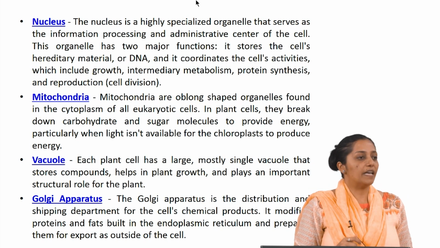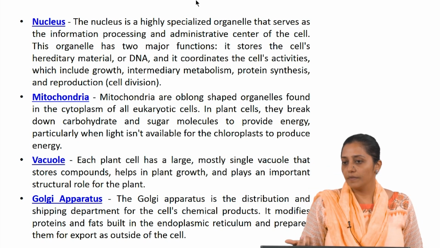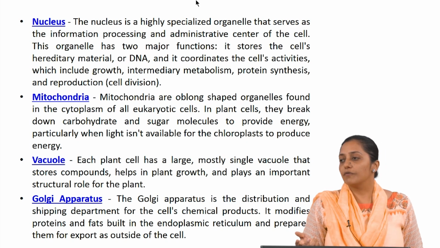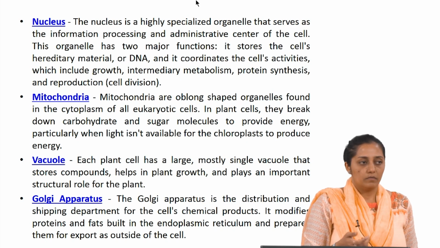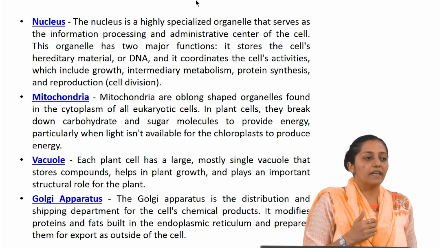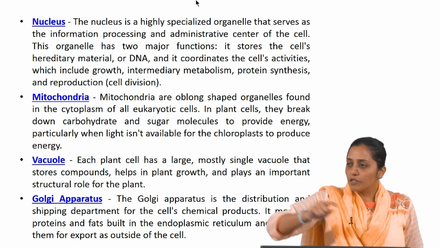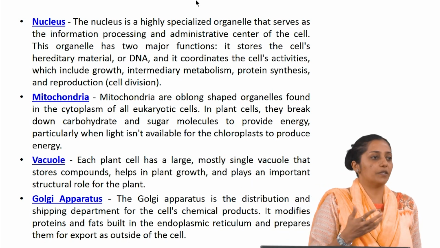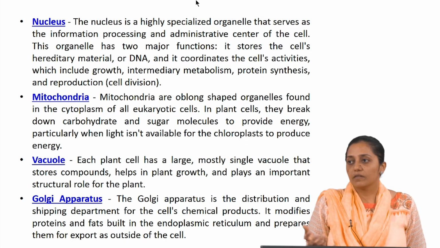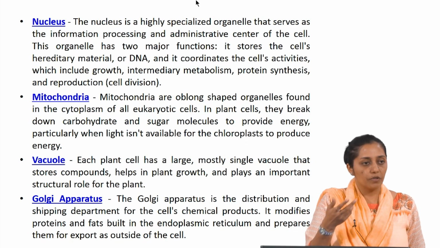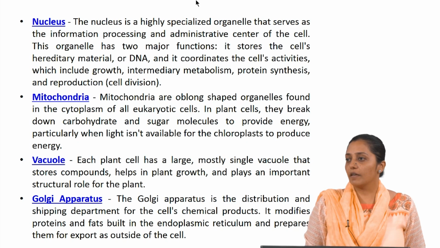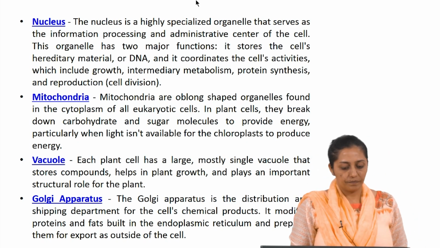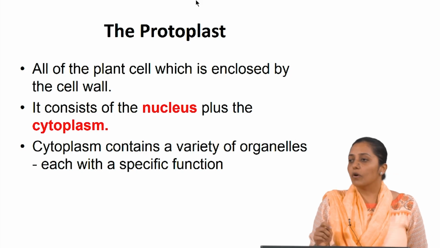Then Golgi apparatus, which is also general in all eukaryotic cells. It is used for processing and shipping. When I say processing, what kind of processing? For transport, molecules might need to be conjugated with certain molecules. That also happens in the Golgi apparatus. And transport proteins help these conjugates cross the cytoplasm and be transported outside the cell membrane.